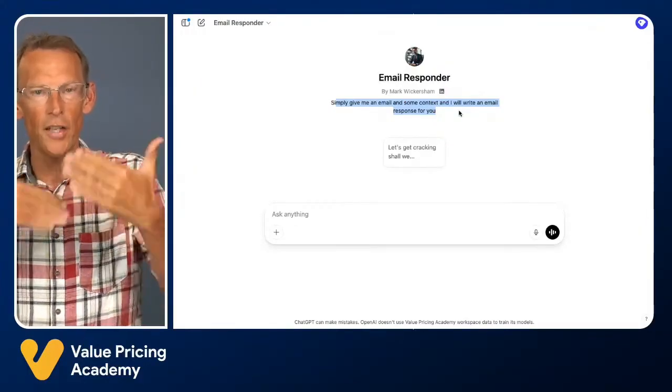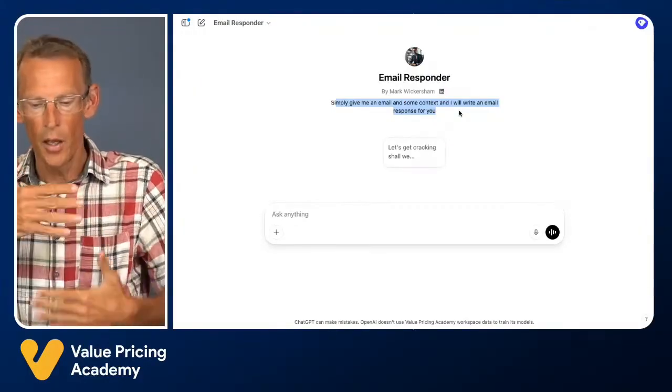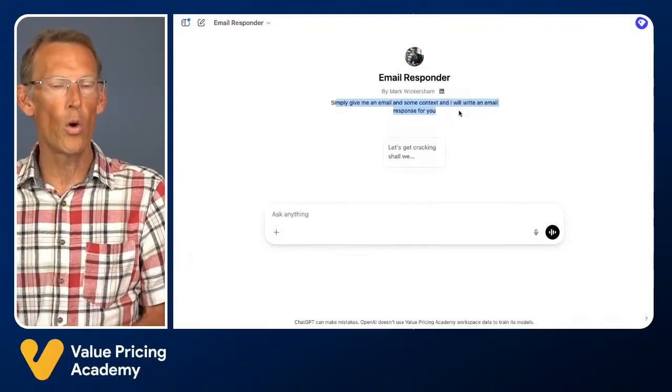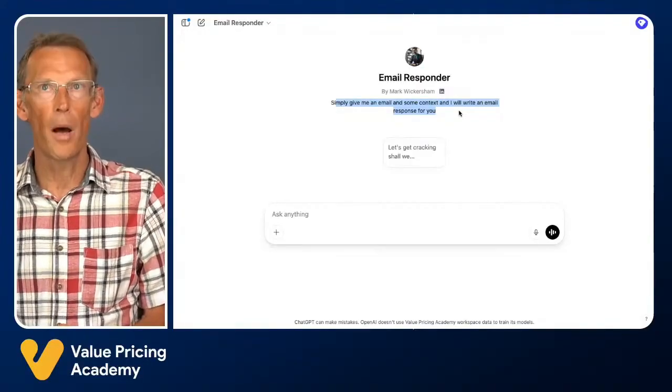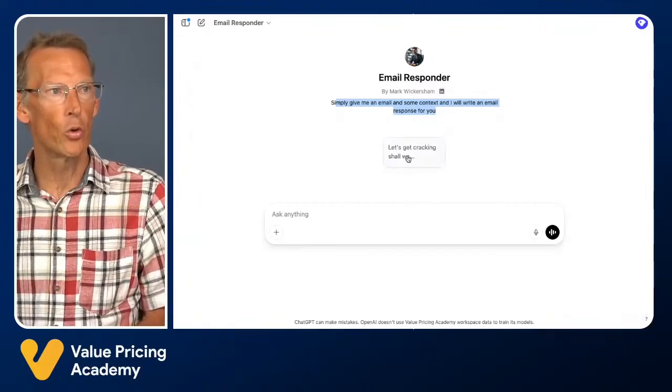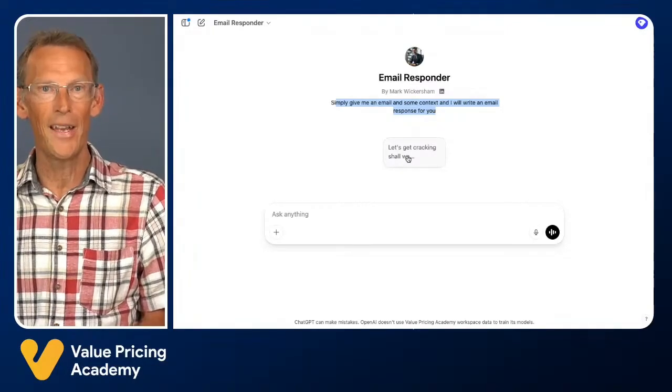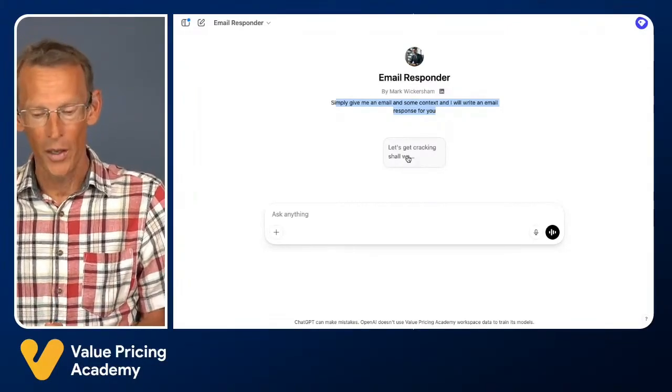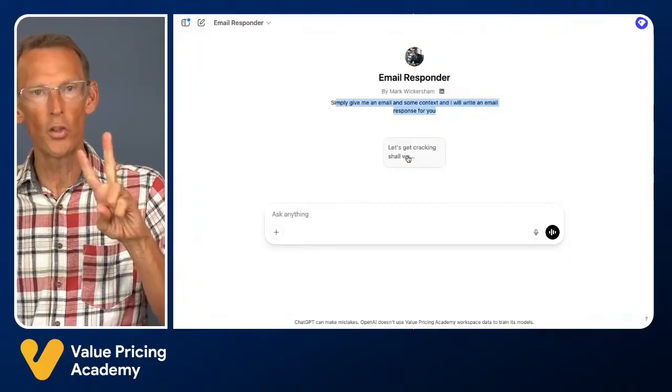If you think of it as a step-by-step system, it's a linear system. And for step 1, what we can do is create up to 4 buttons, if you like, 4 initial prompts. I always put one in, which is called Let's Get Cracking. You'll see Let's Get Cracking. By hitting that button, it starts the workflow. This one is really simple. There are only 2 steps in the process.